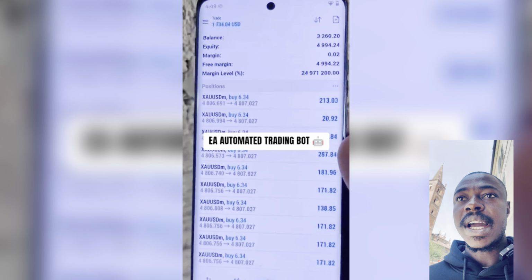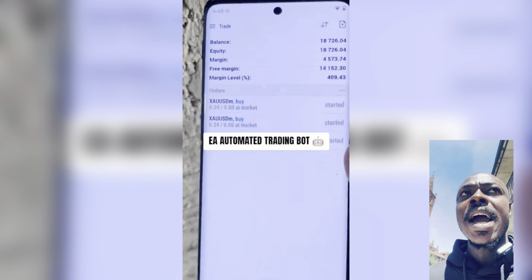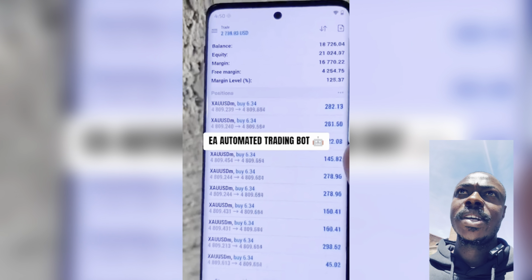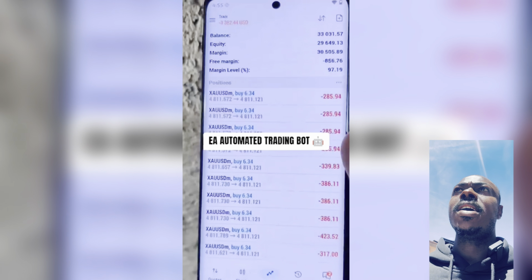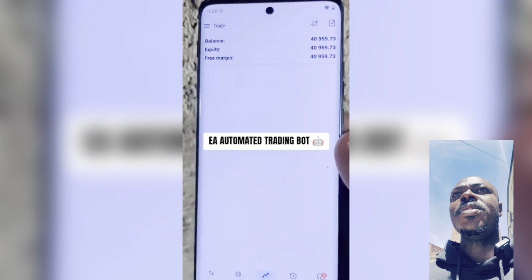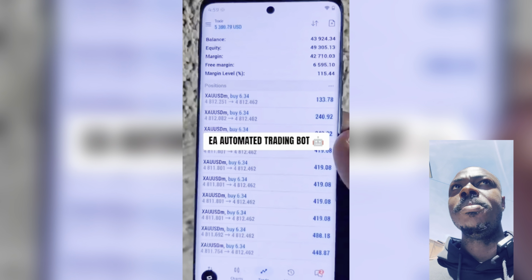I'm going to be showing you guys how to create this particular trading bot with my strategy, and it's going to be absolutely free, guys. I'll show you how to do it and how to install it on your MT5 once I get to my hotel room. So